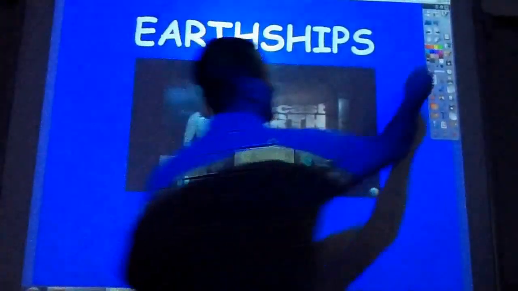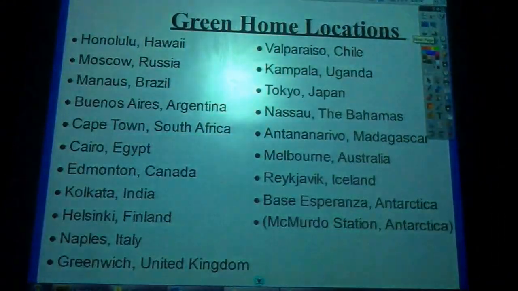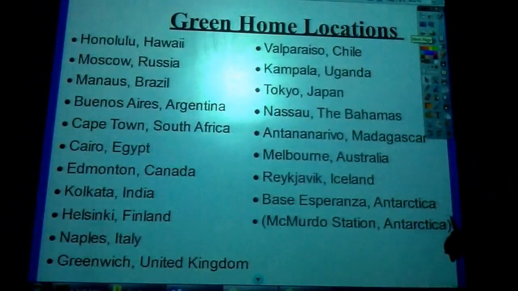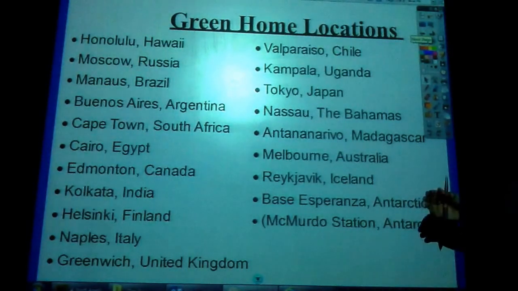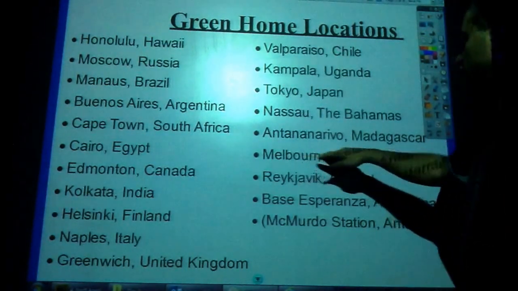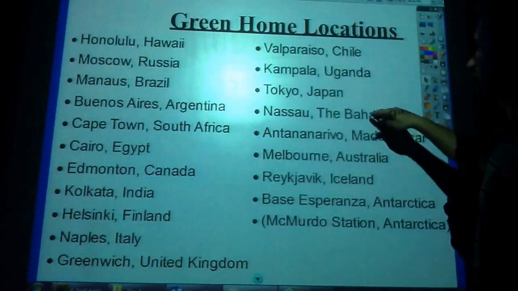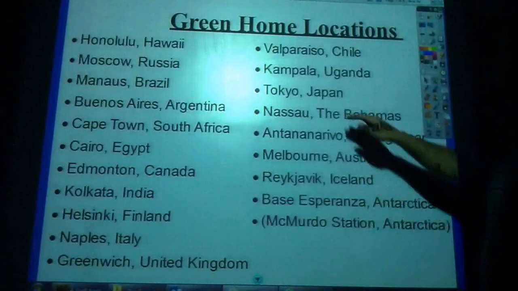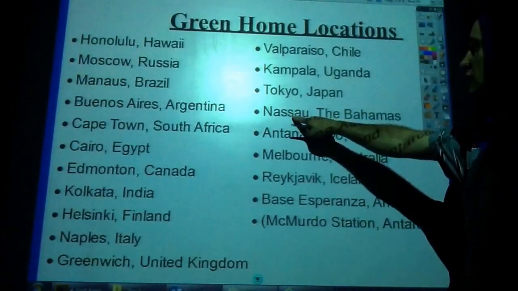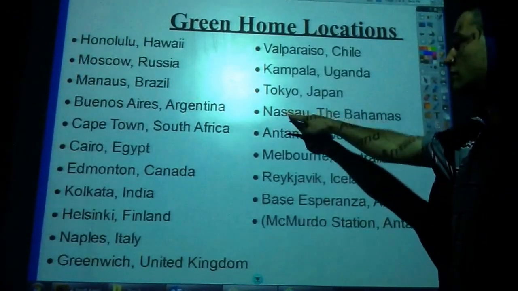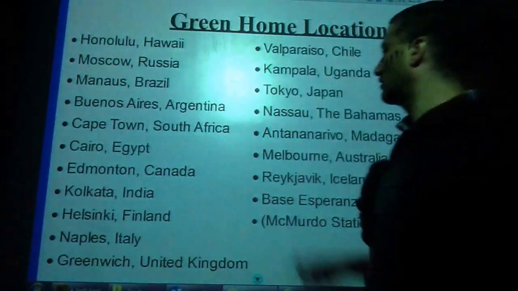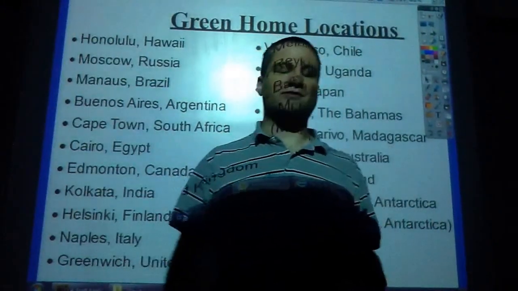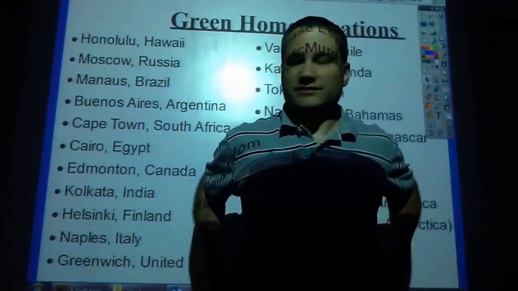You're going to be in all kinds of different locations. Some of those locations, like in Iceland, are going to be very cold. Antarctica, Australia is another sort of desert climate. The Bahamas is more of a rainforest type of climate. Actually, in Nassau, where I've been, they do have some water issues. Their water issues have to do with having enough water for all the tourists that come. They have enough water for their plants, but not enough water for all their tourists.